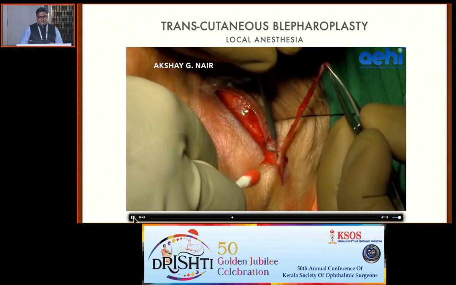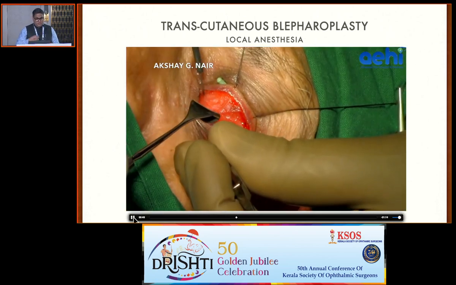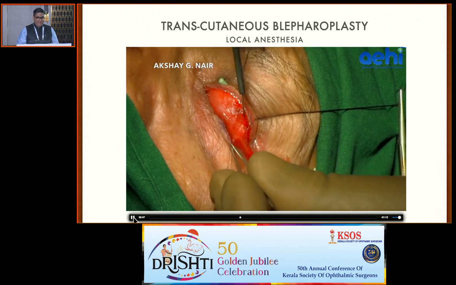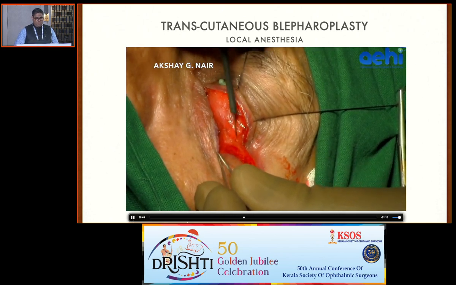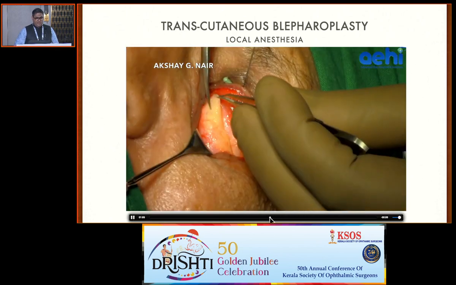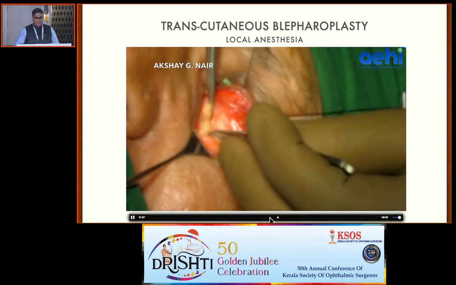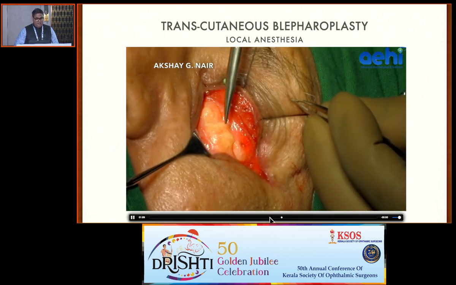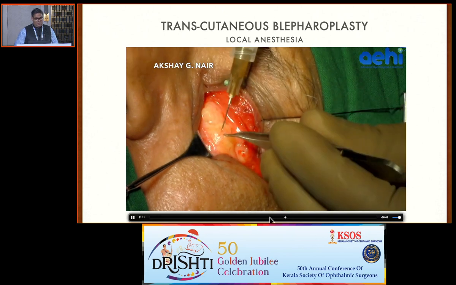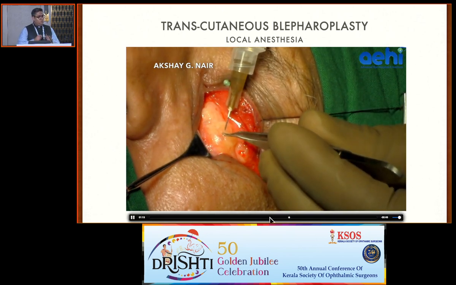Excise only the skin, try to save the orbicularis if you can. And once you've excised, this is where you open up the orbital septum and look at the fat pads. Now you'd be able to identify the fat pads very easily here. You can differentiate between the fat pads. That's the medial, that's the middle, that's the lateral, and between the medial and the middle you will see a